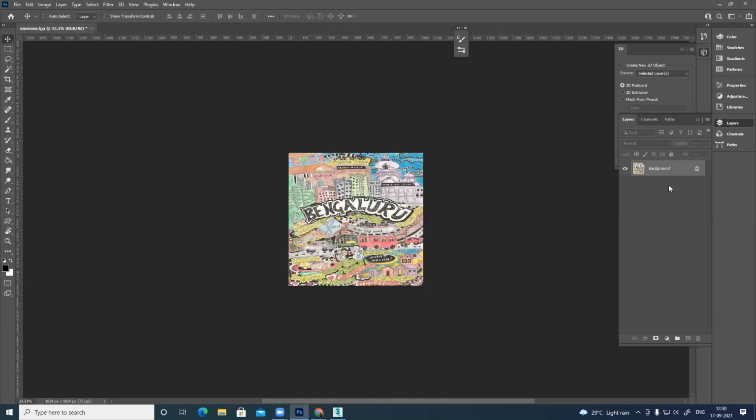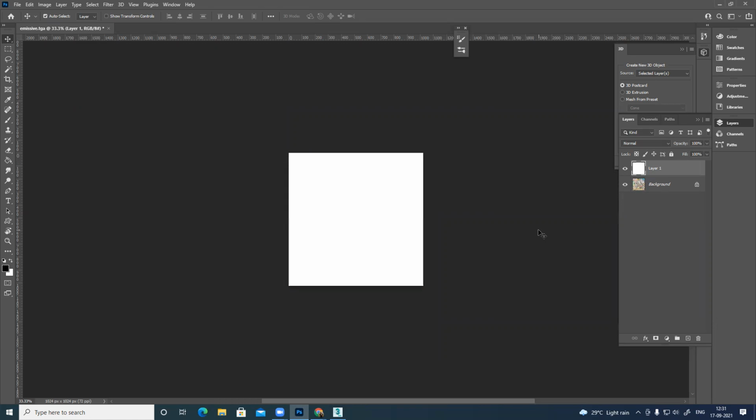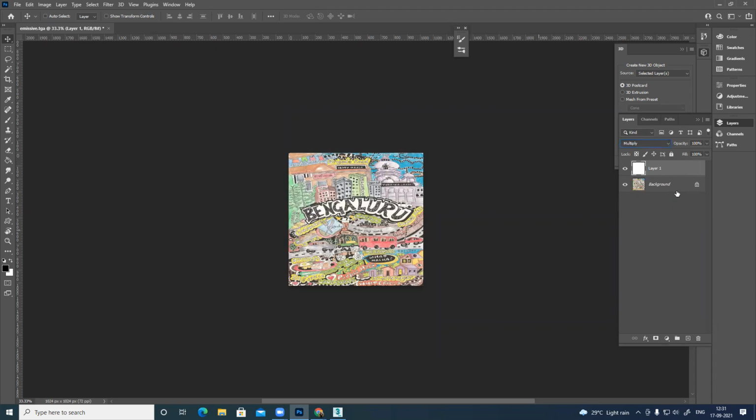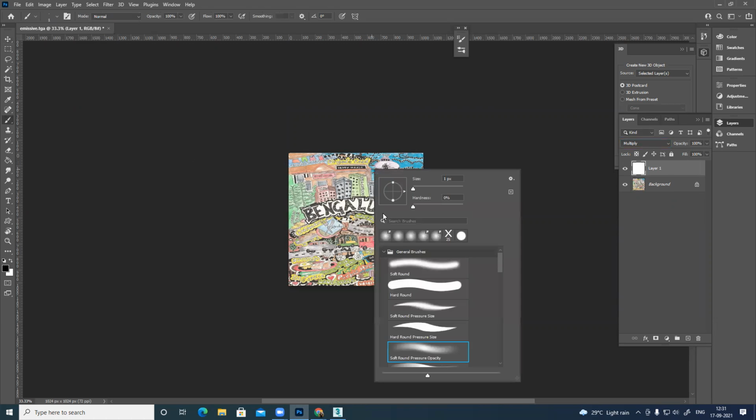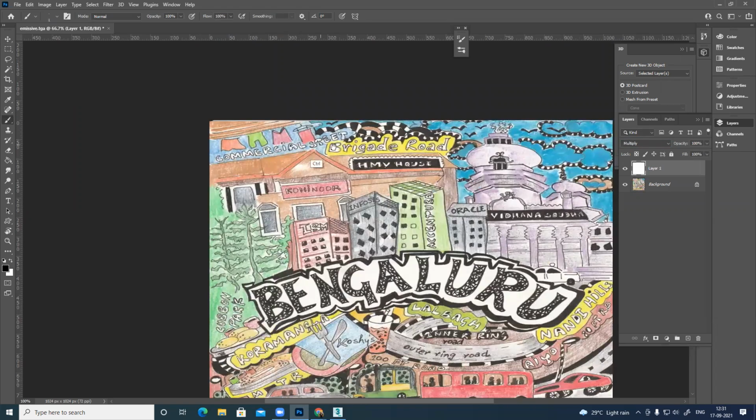So the black and white I showed, that is just to show you. And for the alpha map, what we do is we create a new layer, fill 100% black or maybe 100% white, both work. 100% white, make it multiply. So white you cannot see. Multiply, only black can be visible. So take a brush and I can start painting black.